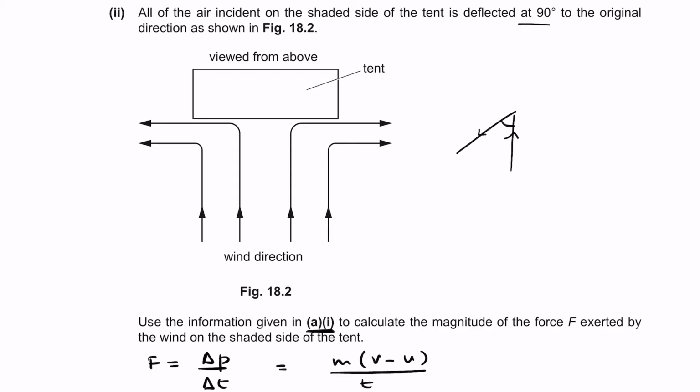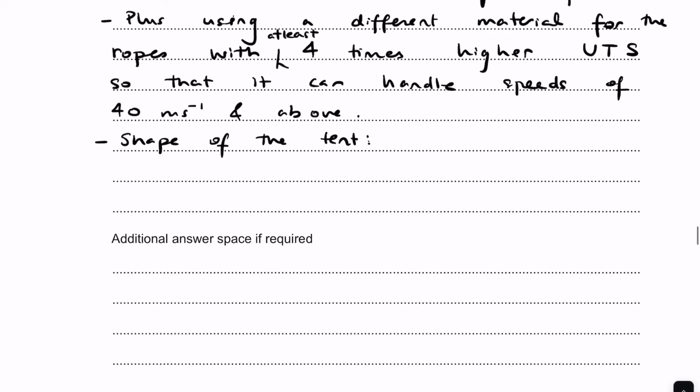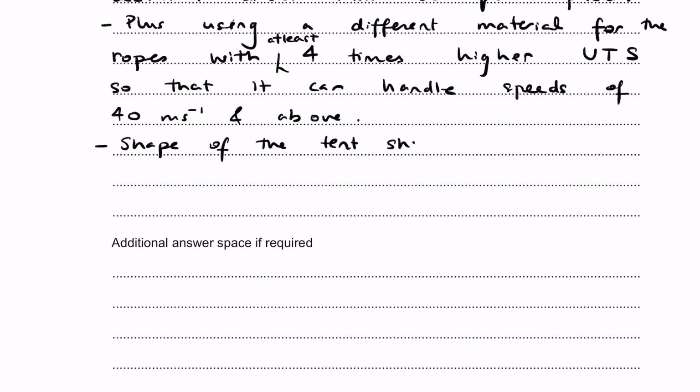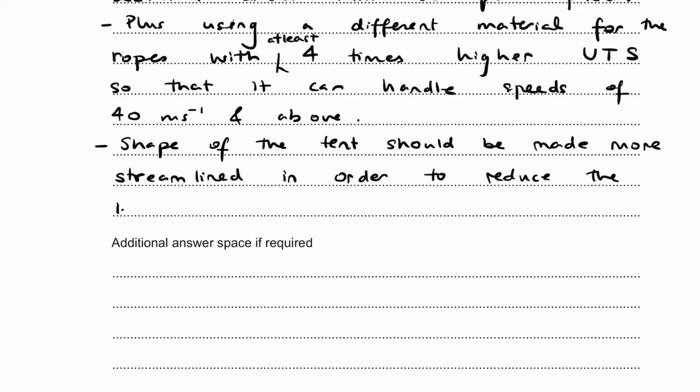So the momentum will also be reduced. Momentum and force are affected by the same amount, which is 4 times. If we could lower the momentum or the force by 4 times, we will be able to get that angle. So first of all, the shape of the tent should be made more streamlined in order to reduce the impact force,